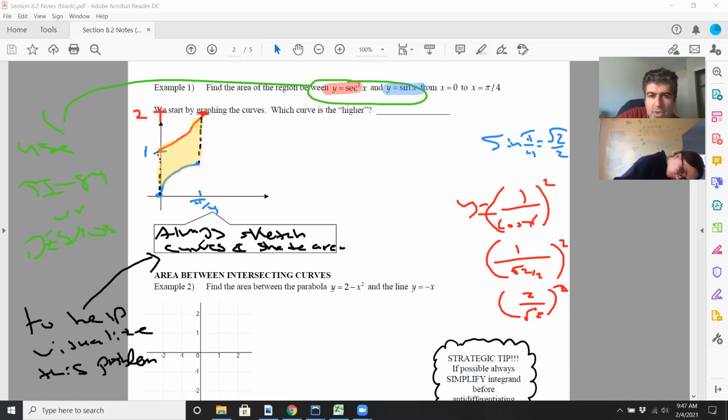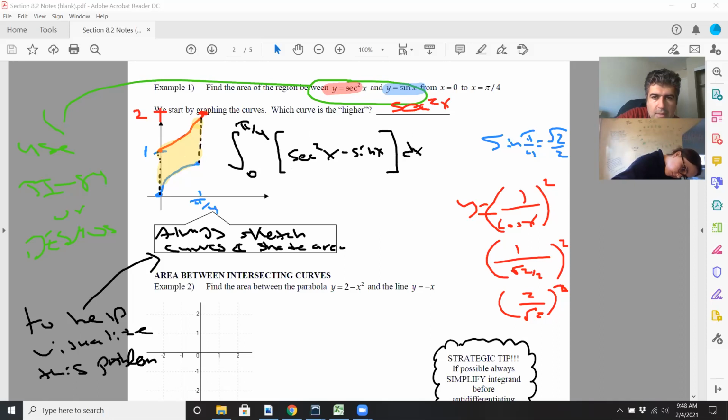Okay, so which curve is higher? Obviously the secant squared, the one that we did in red. Obviously secant squared x is higher. So now let's do the integral. The integral is really easy. You're integrating from 0 to pi over 4. We'll put a bracket here. Secant squared x minus sine x